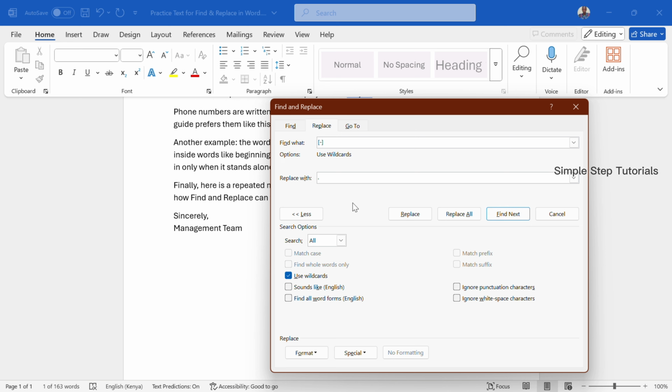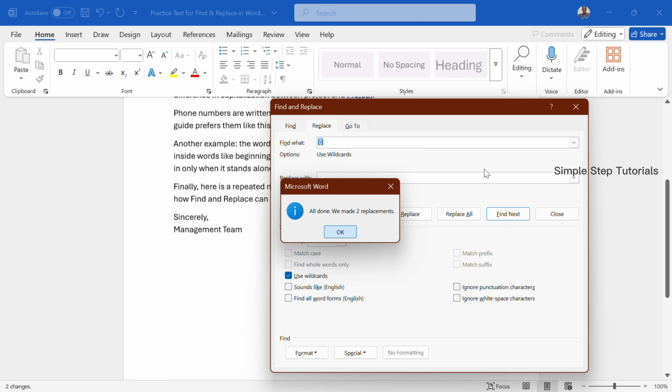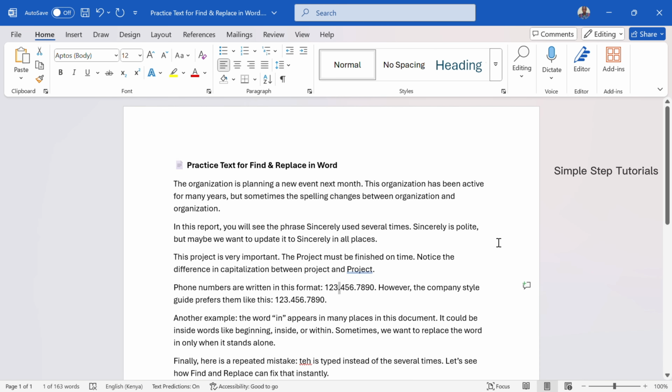And that's it. With Find and Replace, you can quickly clean up documents, correct errors, and save a lot of